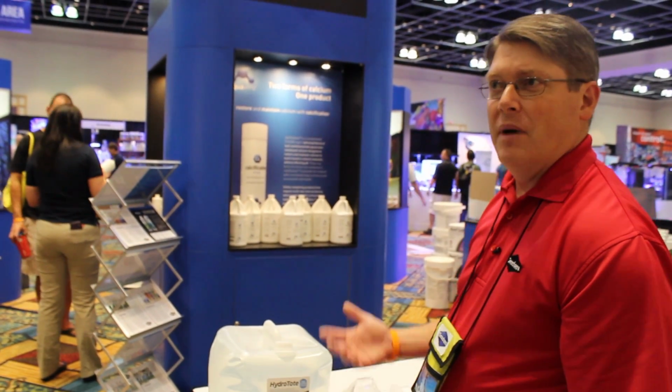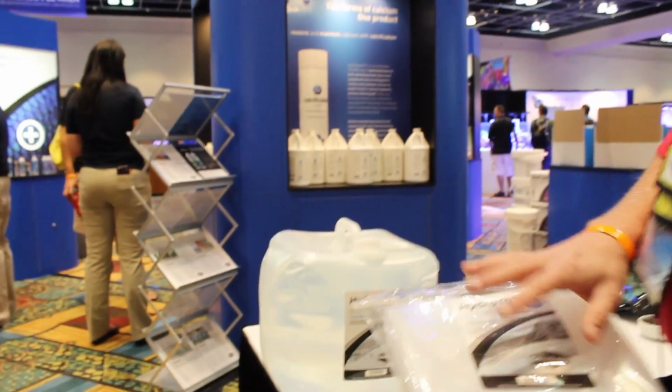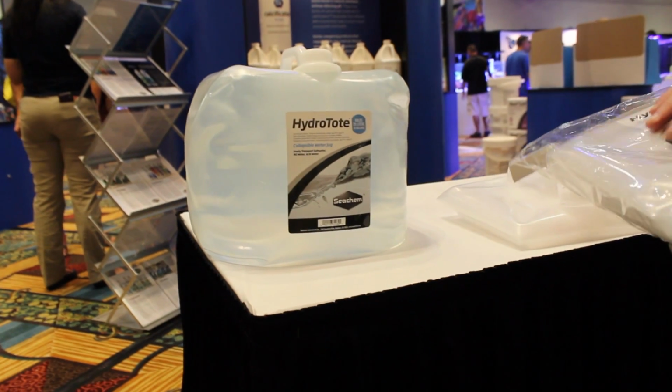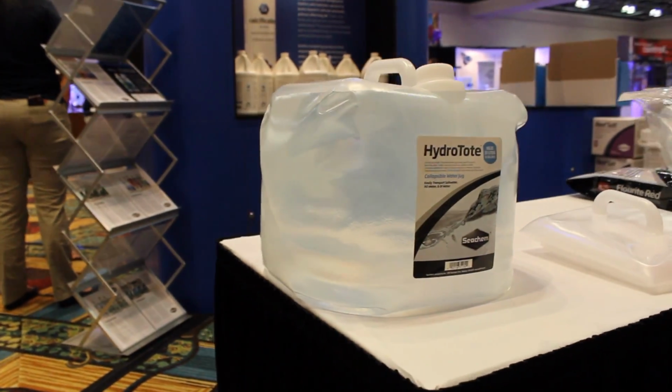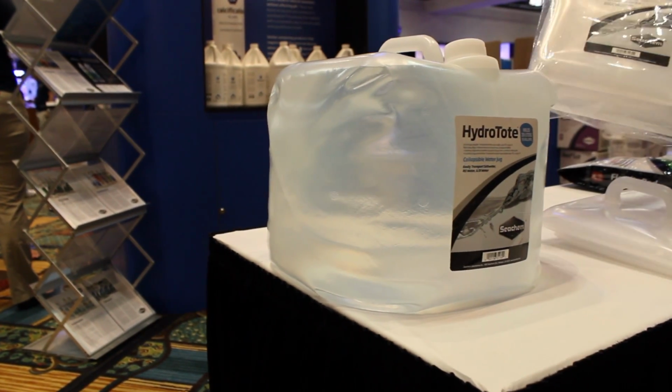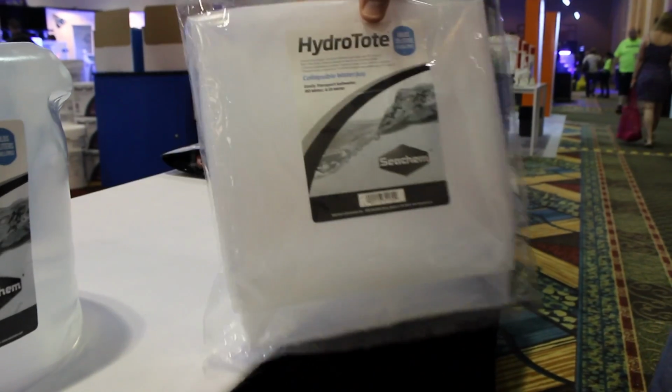It's kind of a pain to remember it here and there, to bring it. So what people wanted us to do is come up with something that takes up a lot less space, that is collapsible, and that's what we've done. We came up with the Hydro Tote. It's a 20-liter or a 5-gallon jug. Comes in a flattened out format,